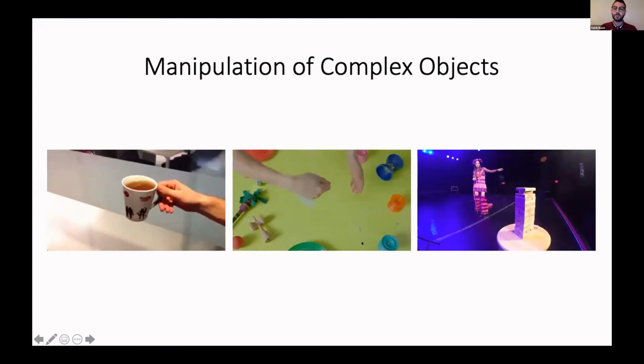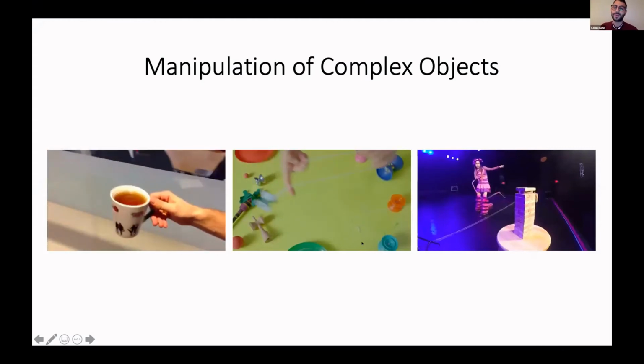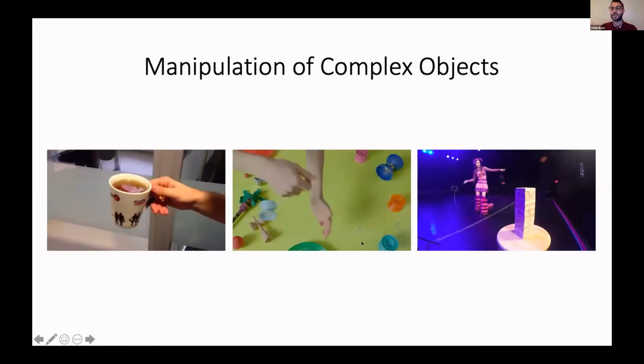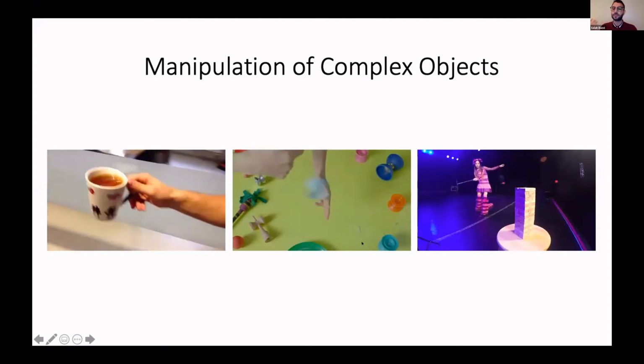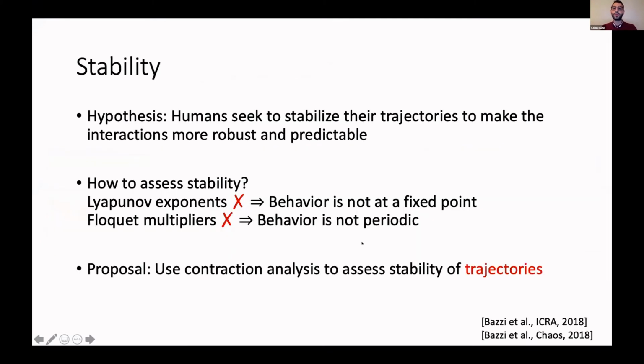It's probably unlikely that we rely on feedback control due to the long delays that we have in our neuromotor system. Also, thinking that we maybe rely on precise model-based control, so that we have some precise model of these objects, seems daunting for the human brain. So what we propose is that humans seek stability in these physical interactions, because stability affords robustness to external perturbations, robustness to any variability in initial conditions which might arise due to the intrinsic noise in our human neuromotor system. And stability gives us some form of predictability of these interactions.